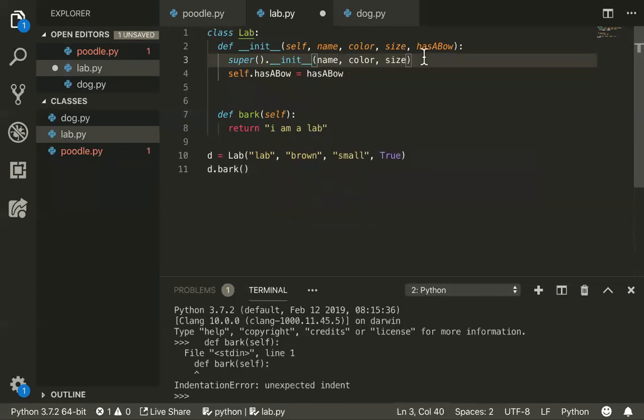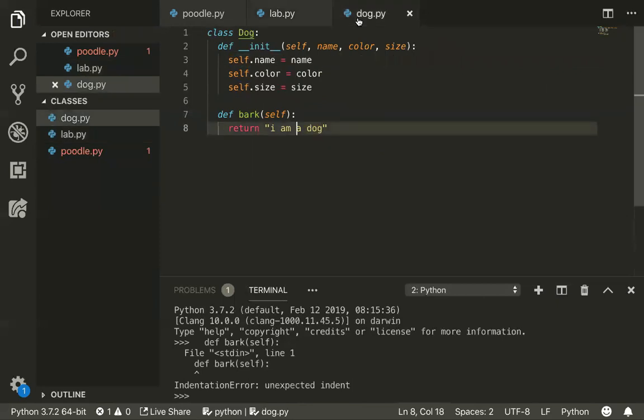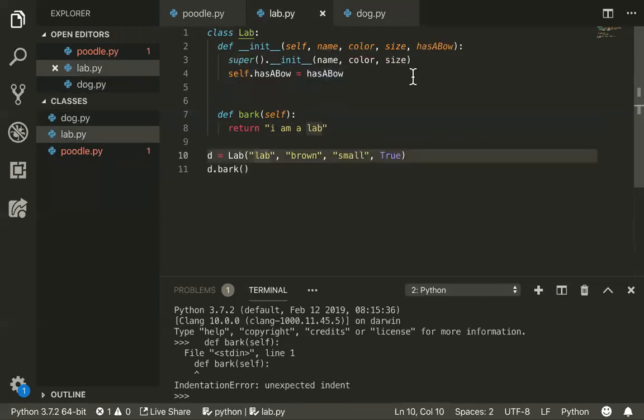So what that's going to do is, once a Lab is created over here, it's going to go to the superclass Dog and call this init method on this name, color, and size over here. So then it's going to create a new instance of the Lab, and then it's going to assign self.has_bow to has_bow, which is passed in over here, and then it's going to call d.bark. So in that first init, do you have to define all of those